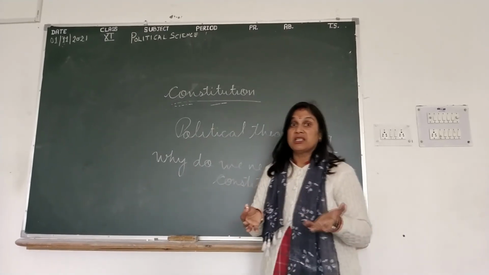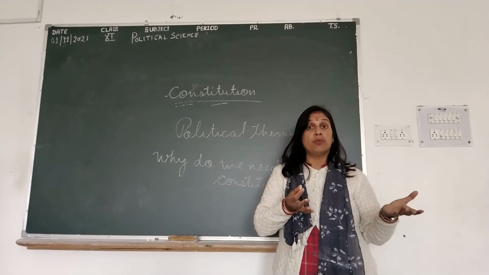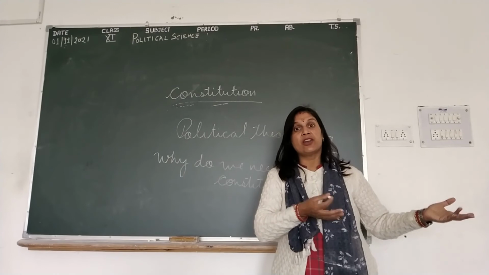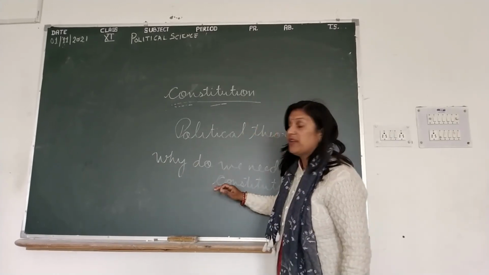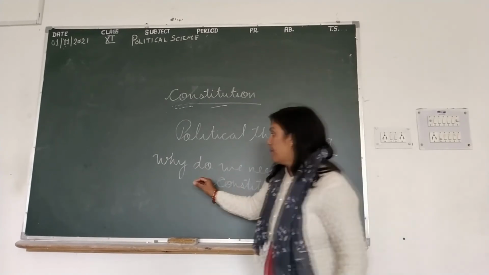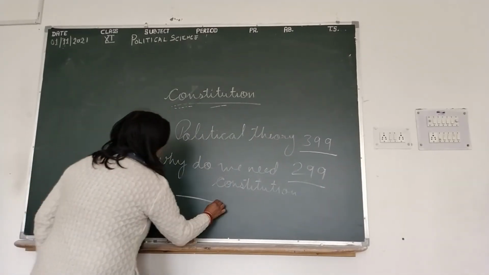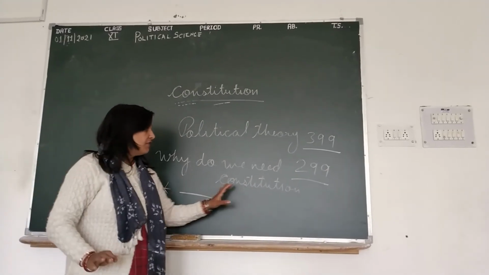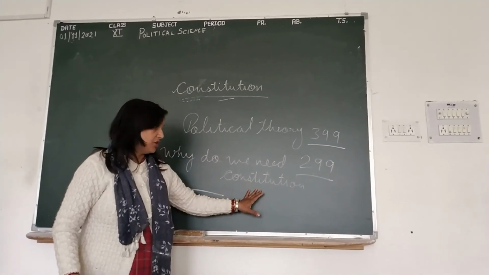As you know that Britishers made their own rules and regulations for their country. But when we got freedom, at that time we wanted such rules and regulations by which we can govern in the proper way. Then we made such a type of constitution.